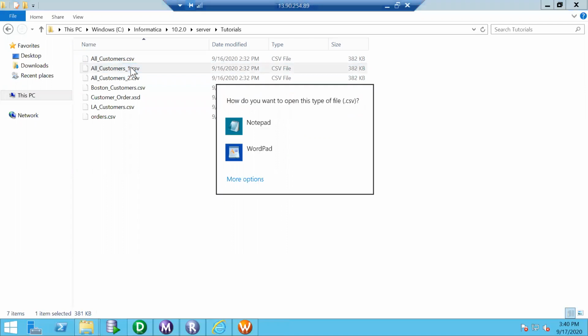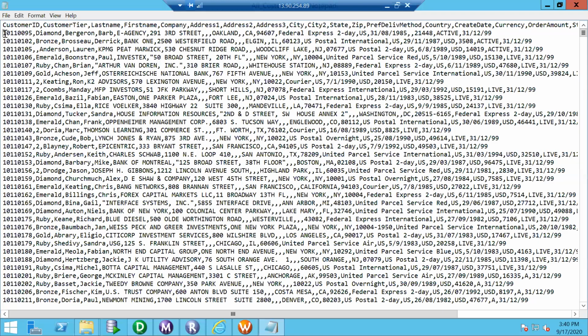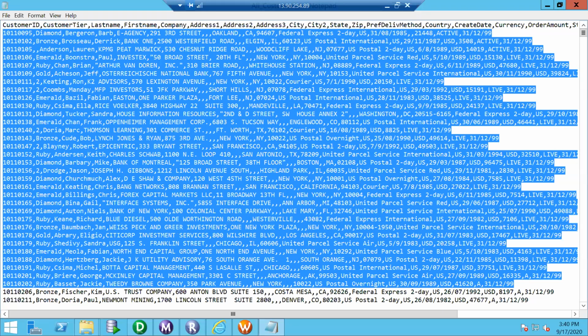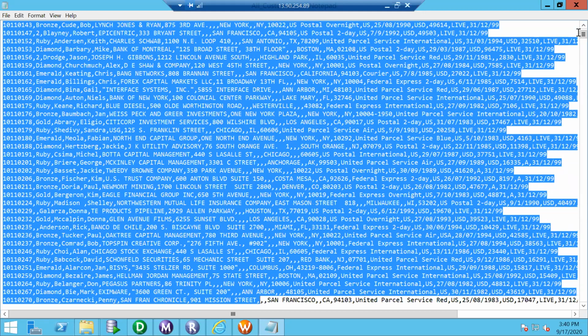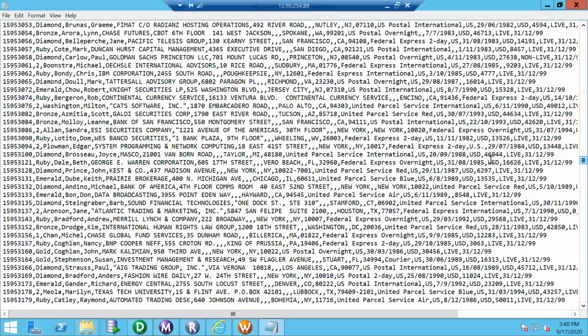What I am going to do is, I will just try to remove some rows from the first file and remove some rows from the second file.